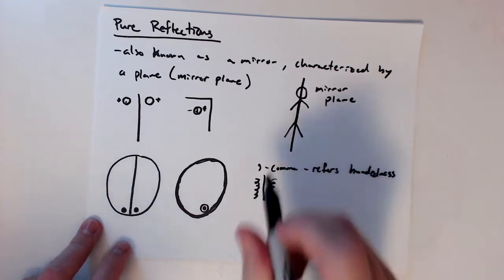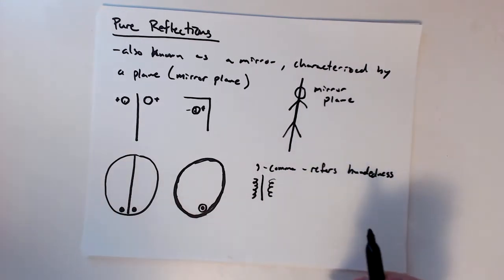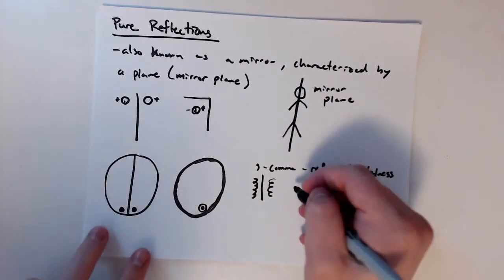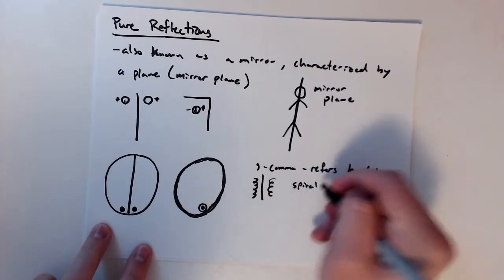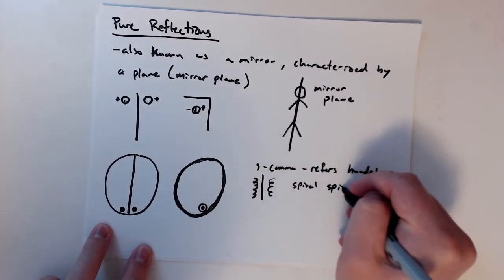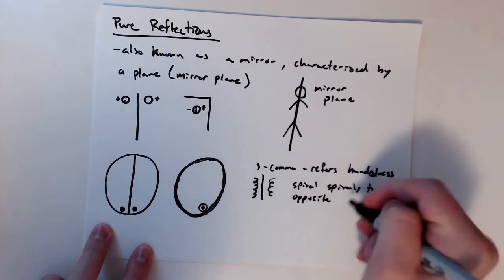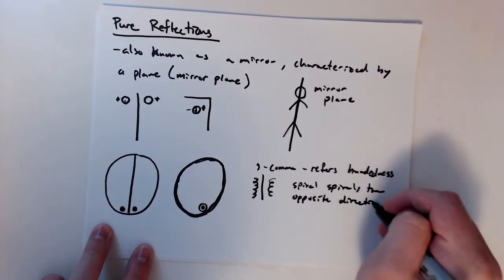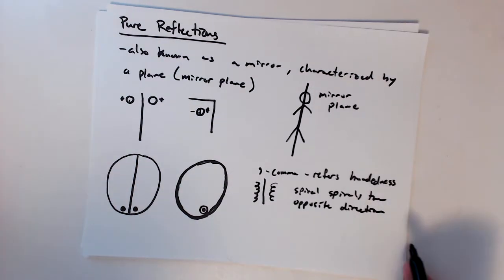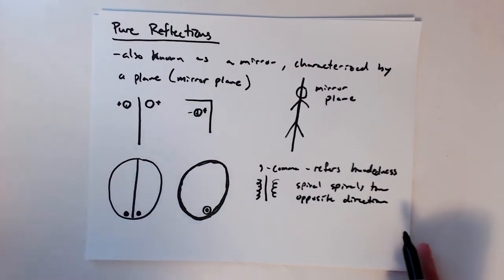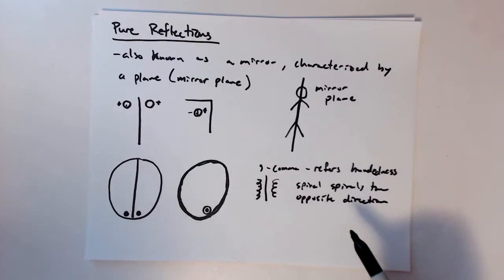So the rotation goes in an opposite direction. So the spiral spirals the opposite direction. So I'm not going to really expand on this too much, but if you get more into crystal symmetry,